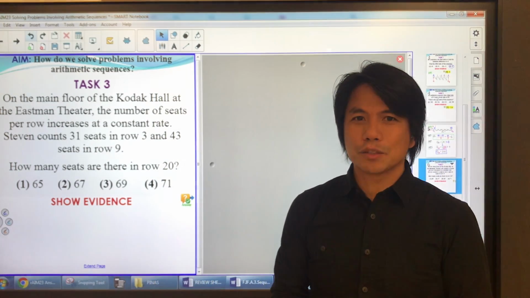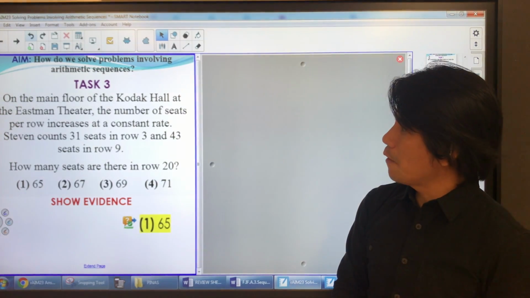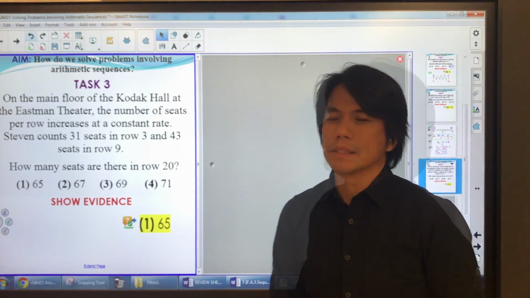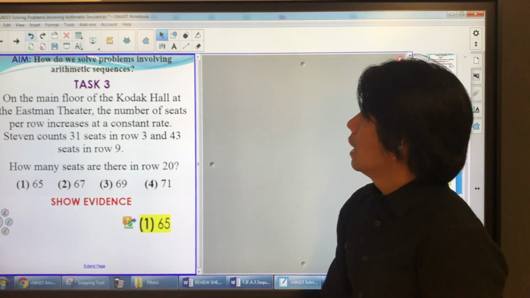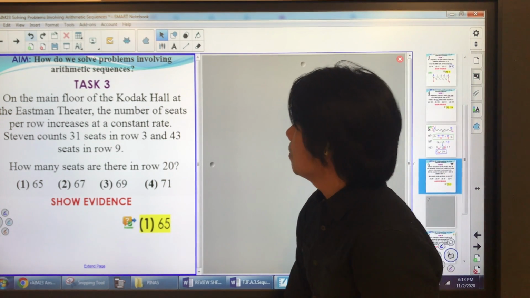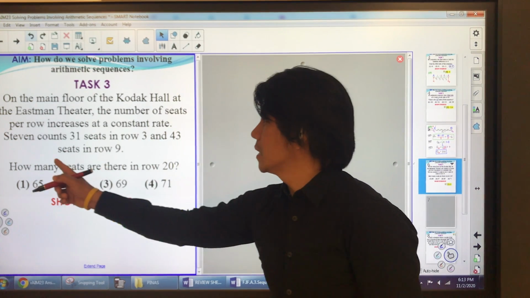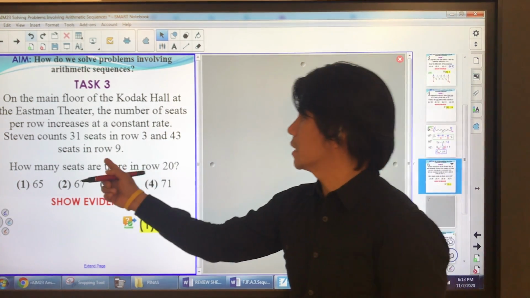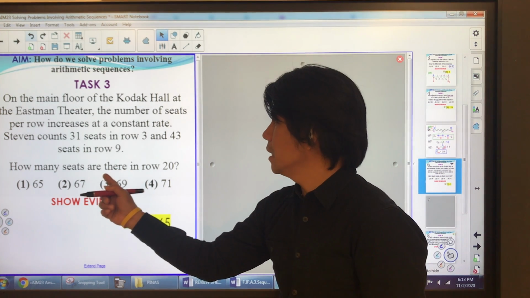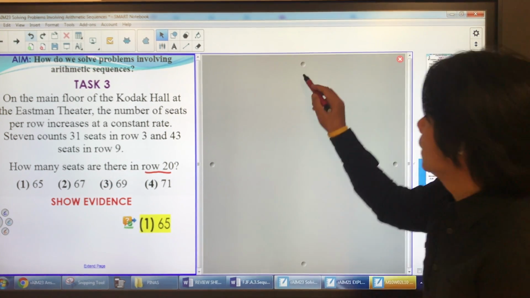So the answer to task 3 is option 1, that's 65. Let's go over this. It says, on the main floor of the Kodak Hall at the Eastman Theater, the number of seats per row increases at a constant rate. Stephen counts 31 seats in row 3 and 43 seats in row 9. How many seats are there in row 20? Okay, let's